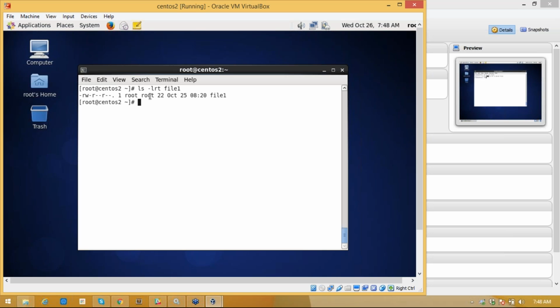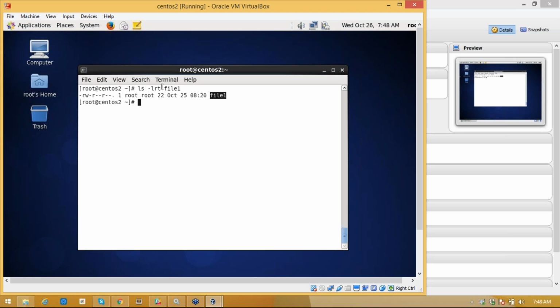This user is also in a group called root. It was created on 2nd October at this particular time, and the last modified time is shown, and you can see the file name.